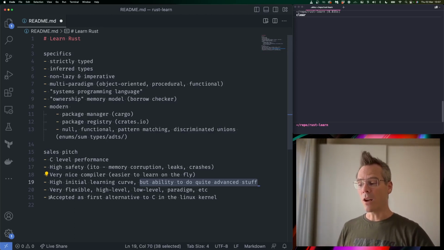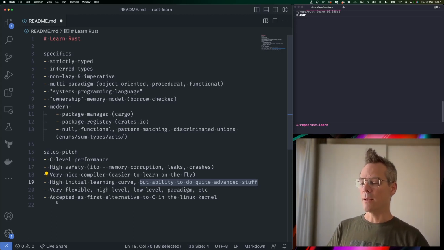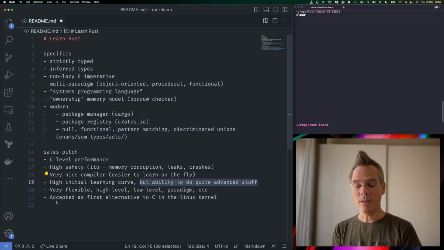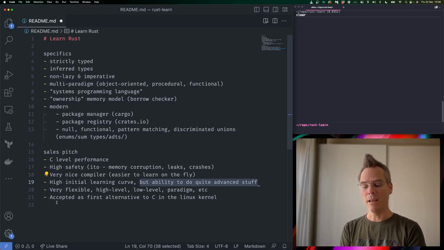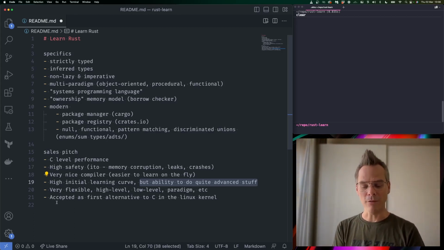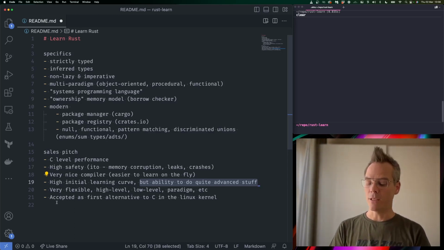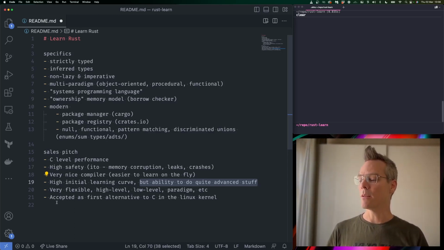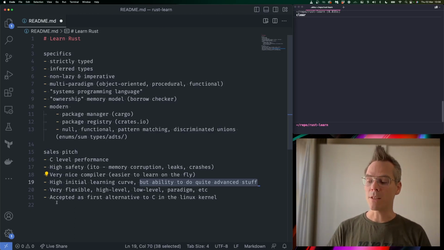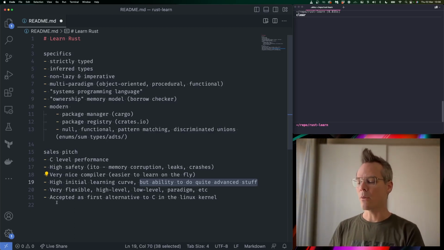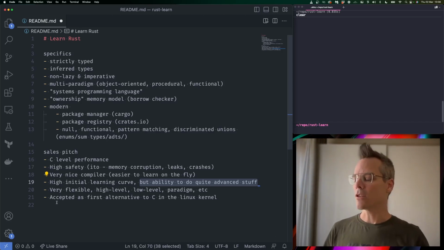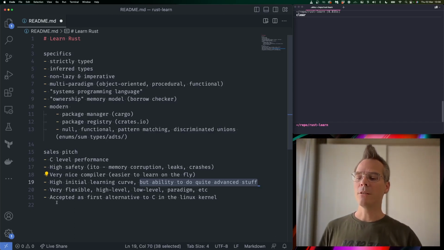And the last very interesting thing is, it's been accepted as the first alternative to C in the Linux kernel. So Linus himself has not even accepted C++ into the Linux kernel, right? C has been the only language that has been good enough for Linus to write modules and extend the Linux kernel with. In the last couple of years, it is starting to look like Rust is becoming more and more accepted as a replacement for C, or certainly a complementary language to C. That is good enough for the Linux kernel. So I think that's a pretty good